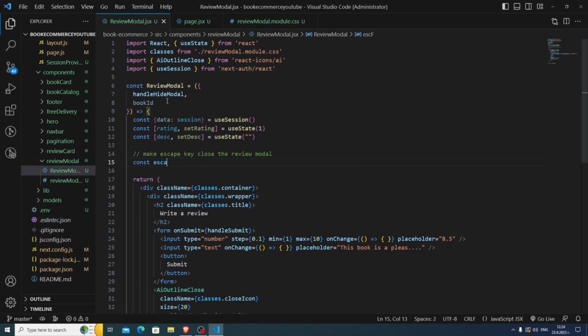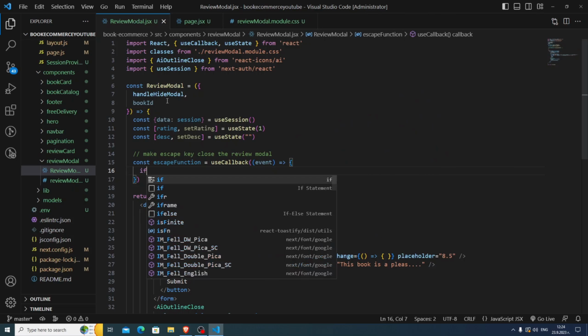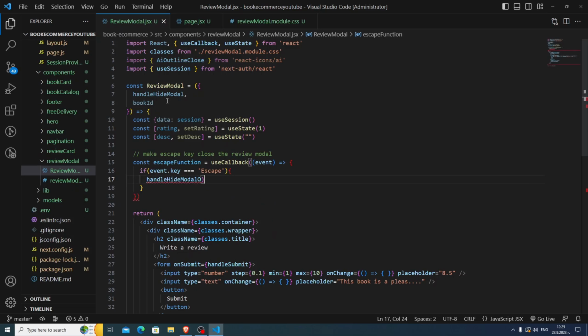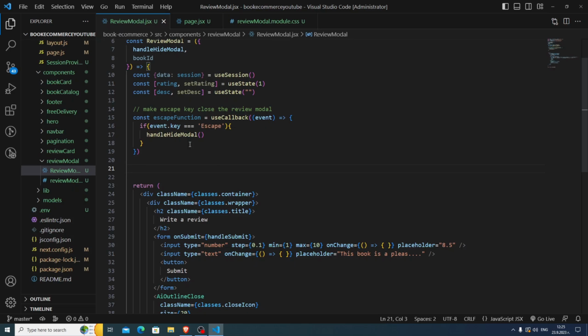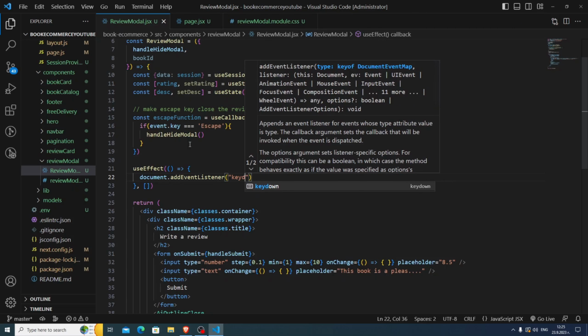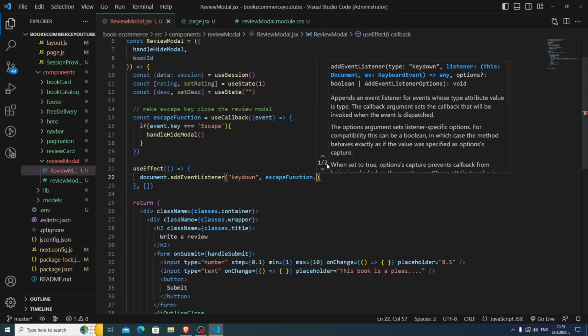So here, escapeFunction is going to be equal to useCallback, and here event, and here's the function. So here, if event.key is equal to Escape, then it's going to handle hide, it's going to hide the model. Okay, and below that I'm going to have a useEffect. So here, useEffect that's going to attach it, and the useEffect is going to work the following way. So document.addEventListener, and here keydown, keydown, and here comma escapeFunction false,